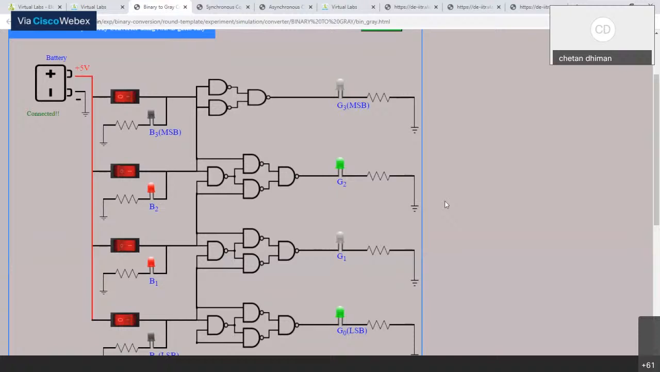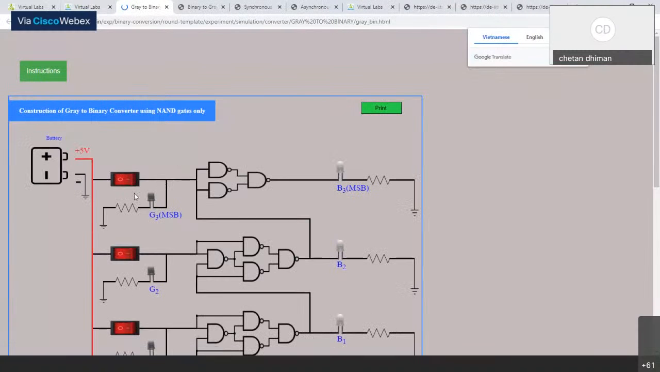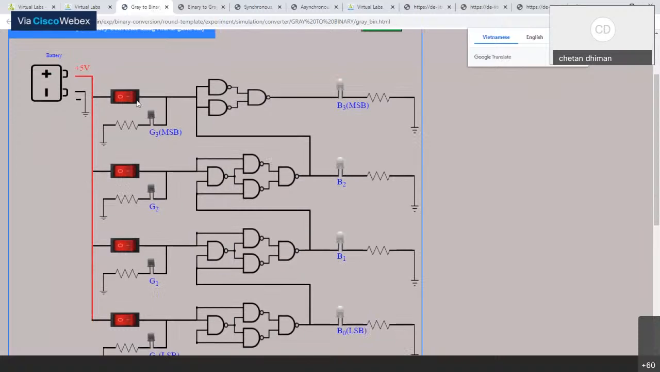So for 0110 the code is 0101. So you can check with the help of your theory and the procedure to perform the conversion. And this is one of the easy forms available in this, and you can also convert from the Gray code to the binary. So let's check for the